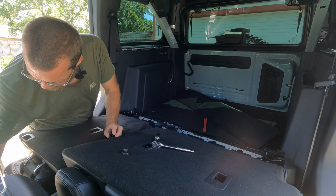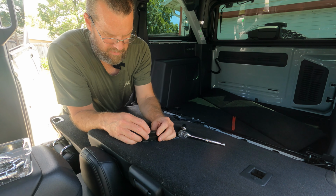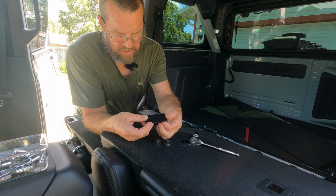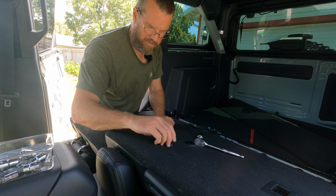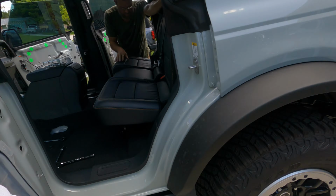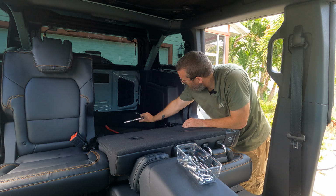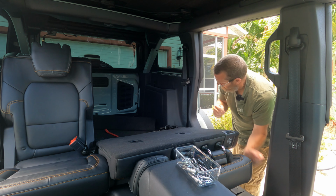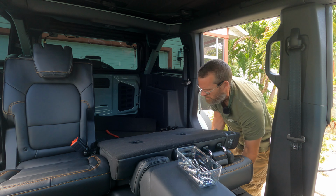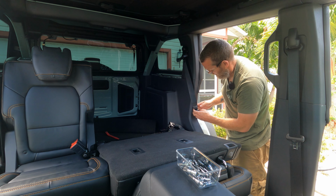So there's the two nuts. When you look in between, there's a cover plate like this that goes over them. All it is, just pull it up. There's no clips to it. It's just pressure fit onto the studs that are there. Not under tension? No, it's just from where it's sitting. This right here is under tension. So let this go up,